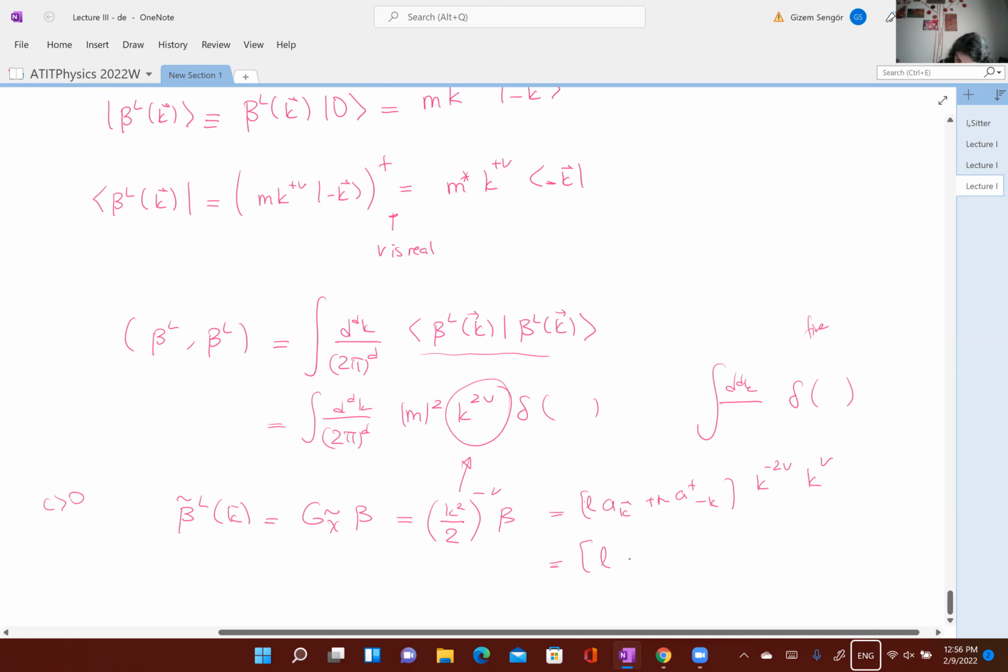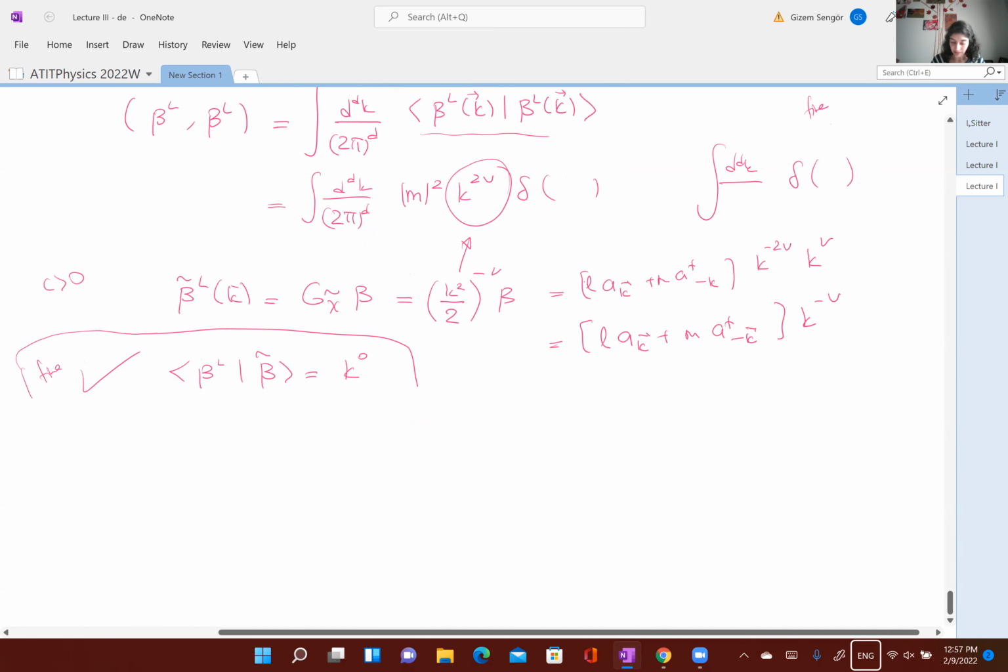So overall, you have k up to minus nu. So now if you define a state from this, this has no k, it has k to 0. So this is fine. You see? So this is what